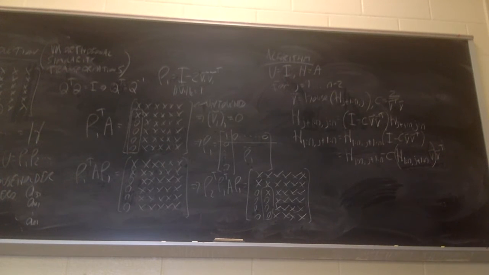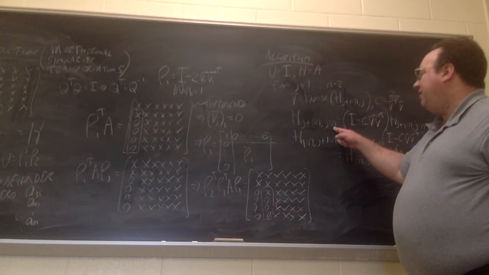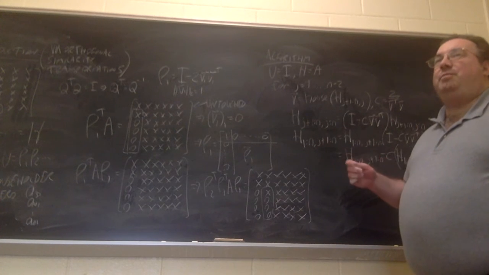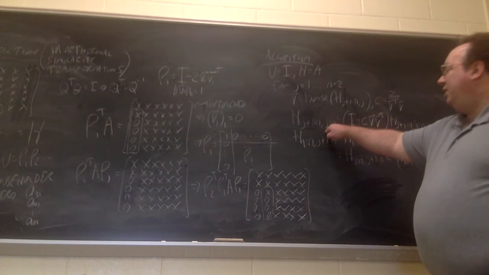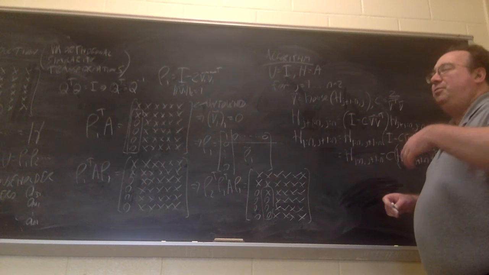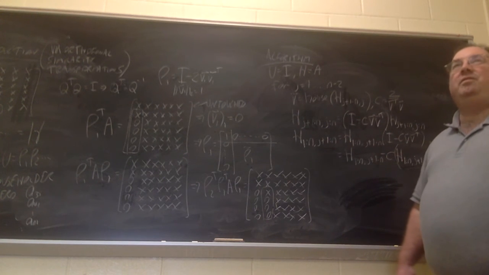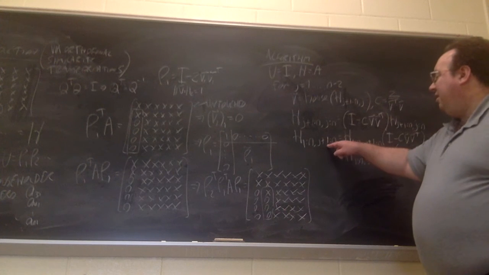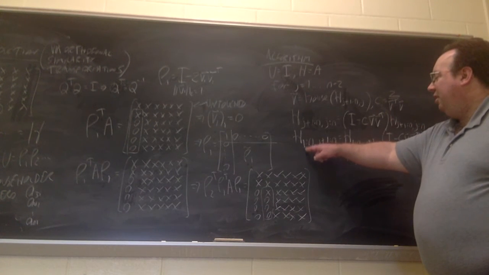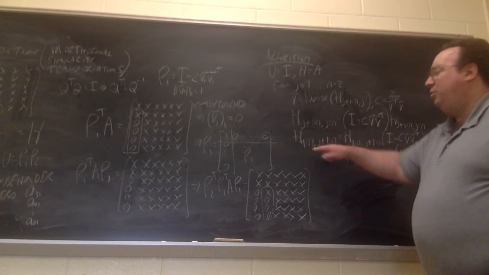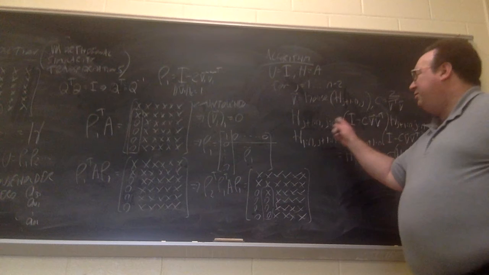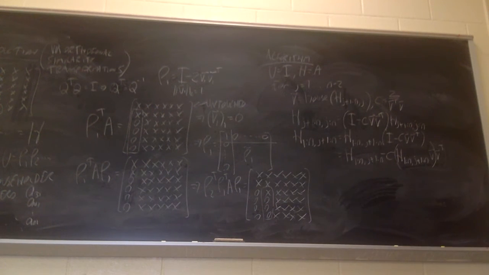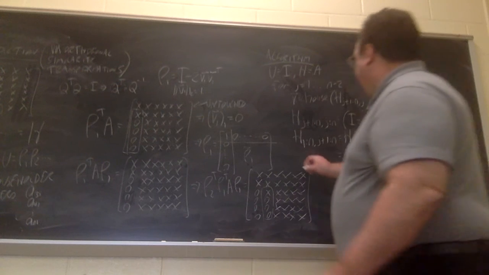Now, notice the difference here. j to n in this case, 1 to n in this case. That's because of the lack of symmetry in H. Here, I'm keeping only columns j through n because the columns to the left of it are 0. So it's an efficiency thing. Here, the rows, in these columns, all the rows can potentially have non-zero entries, so I have to include all of them. So the asymmetry of H leads to an asymmetry in the indexing. Okay, and that's the end of the algorithm.